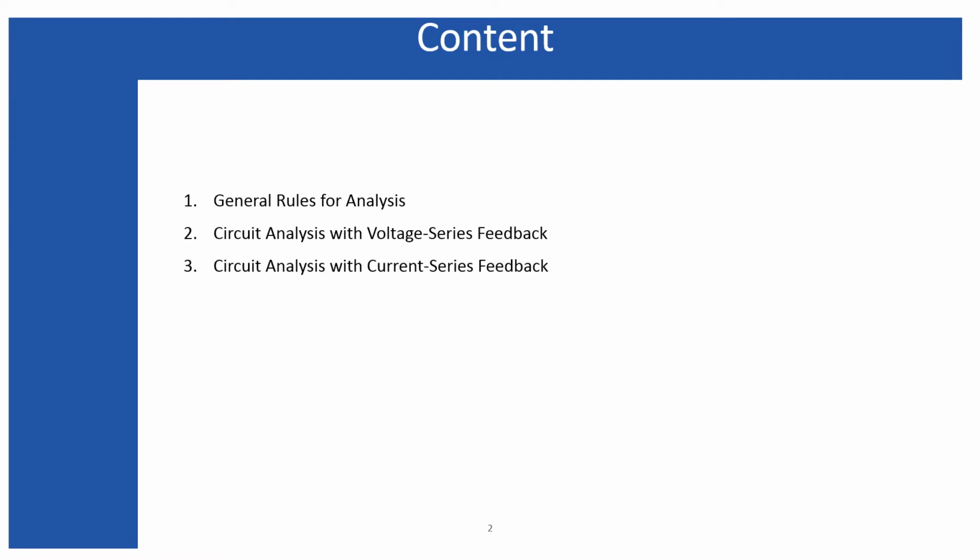the voltage series feedback and the current series feedback will be discussed over here, but the voltage shunt and the current shunt feedback circuits will be shown to you, and it will be better for you to practice those circuits. And the way that I will discuss for these two types of feedback, that is for voltage series and voltage shunt, following that way you have to calculate the parameters associated with the voltage shunt and the current shunt feedback for the circuit that will be given over here. Let's start.